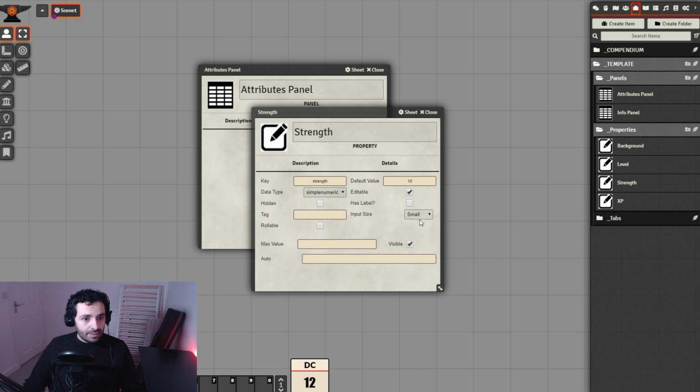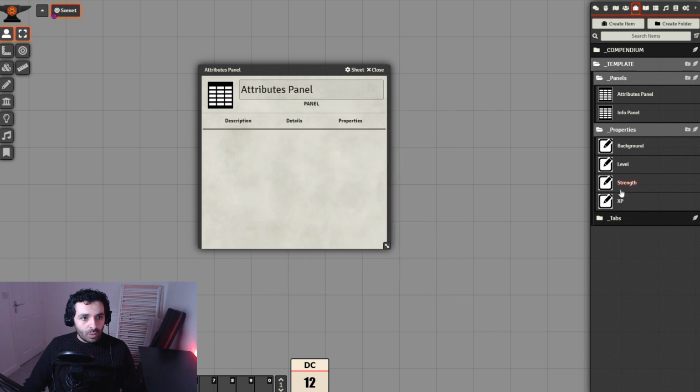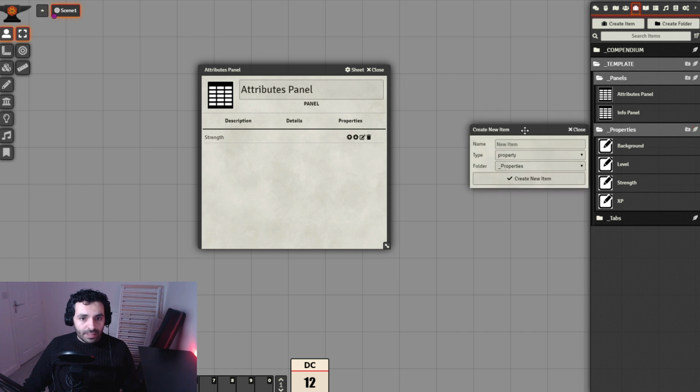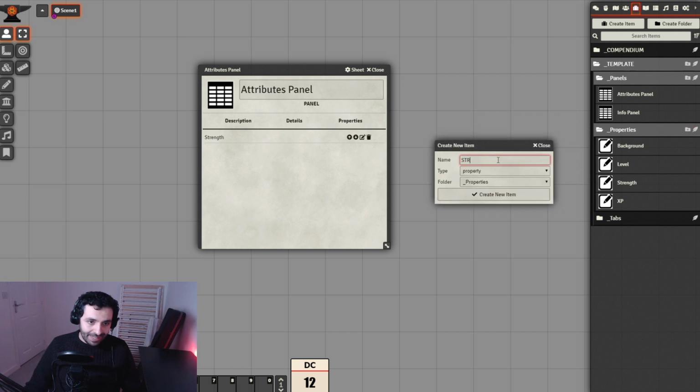Input size small, not editable by the player, and that's it, I guess. Yes, so let me drag this here, and the next property I'm going to create is going to be str,